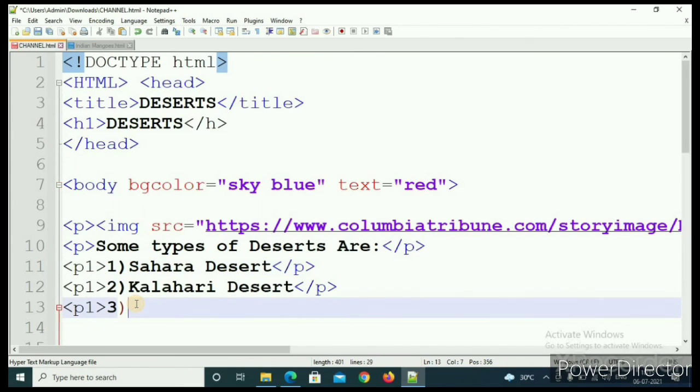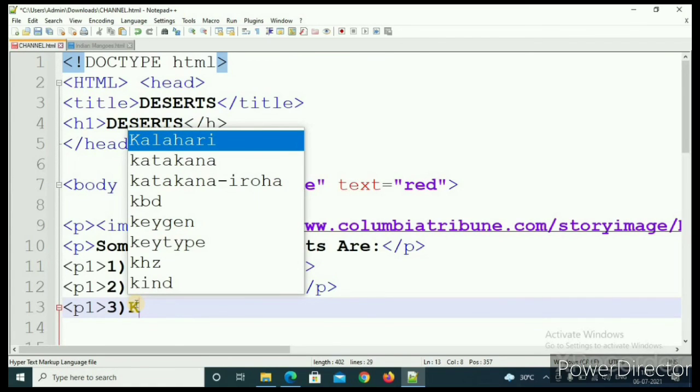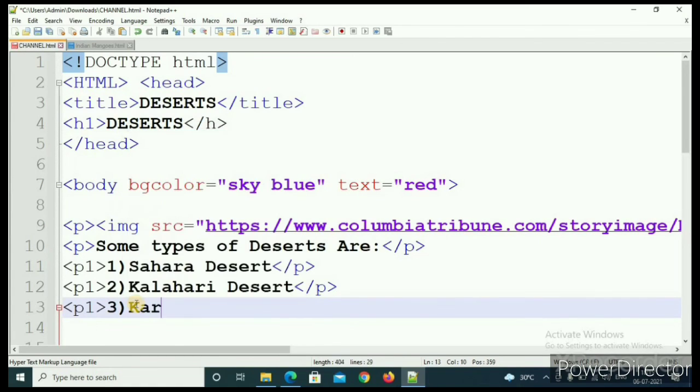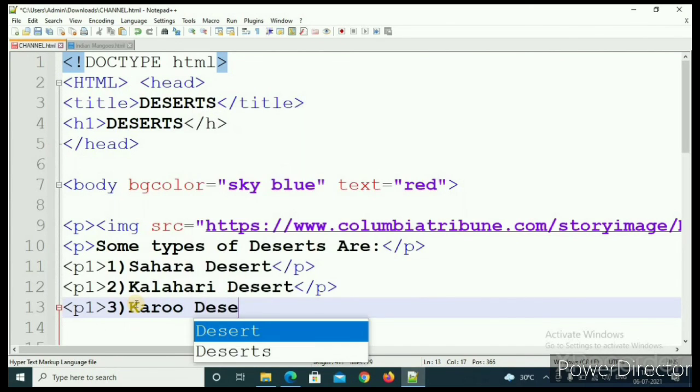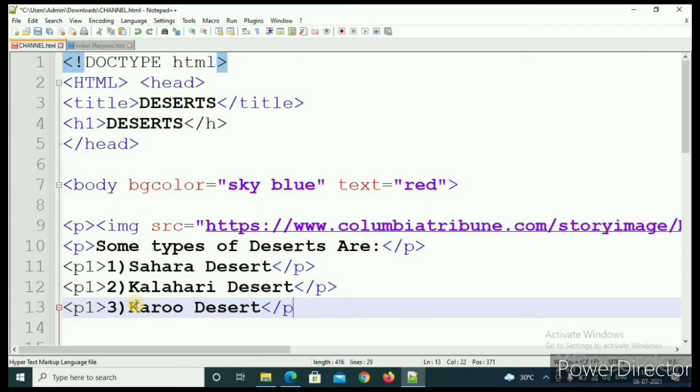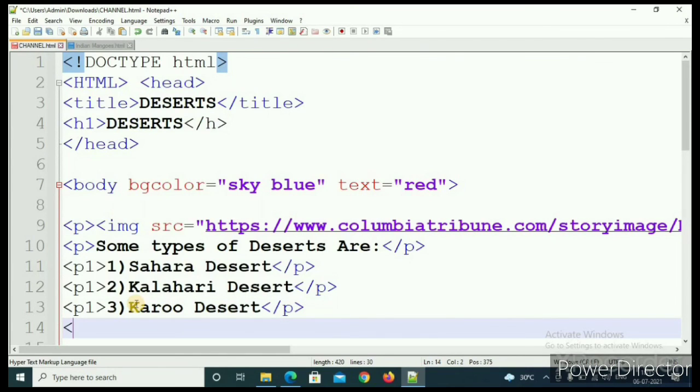Yeah, Karoo Desert. Karoo, and then desert. Okay, then I will end the paragraph. Yeah. Now it's alright. So I will save. Now I will write the full thing and then I will see.